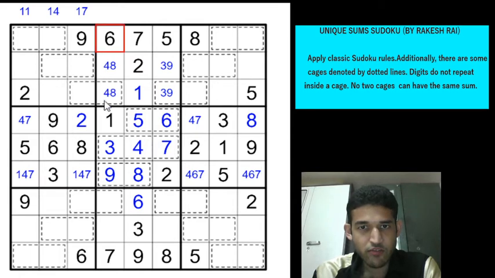So focusing on column 4 now, 4, 6, 8, 1, 3, 7, 9 have been locked in place. 2 and 5 are yet to be placed, but 2 is in row 7. So that gives a 2 here and a 5 here. And the remaining digits in box 8 are 1 and 4, right? So 1 and 4 will go here.